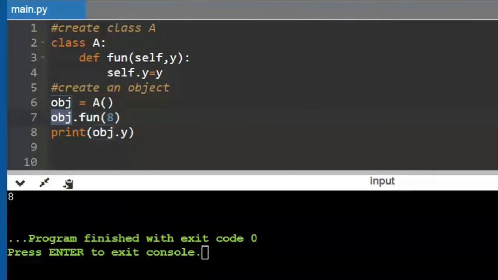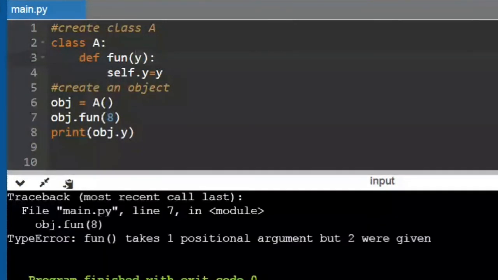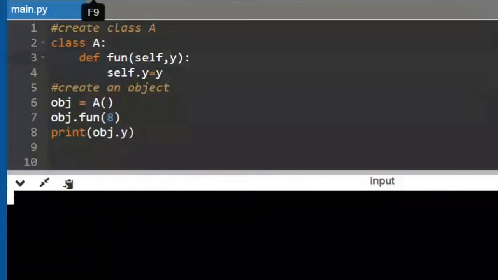Yes, ma'am. Any function you write, you have to give this self. It is mandatory. If you do not give that, it will give you an error. So this is an important thing that you have to do. Say I just take off that self. See, it is giving me an error. It is telling me fun takes 2 arguments, and you're not giving all of them. So it is giving me an error, because if you're not giving this self, you'll get an error, because the object reference needs to be passed. So this is an important thing.